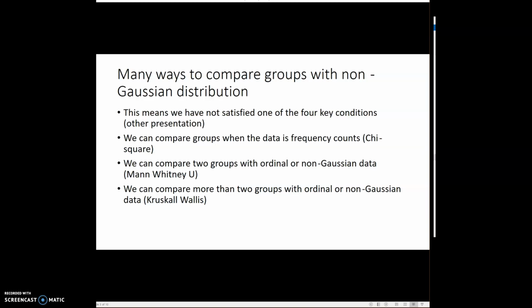So we can compare groups when the data is frequency counts, which are called chi-squares. We can compare two groups with ordinal or non-Gaussian data, the Mann-Whitney U. We can compare more than two groups with ordinal or non-Gaussian data. So just like